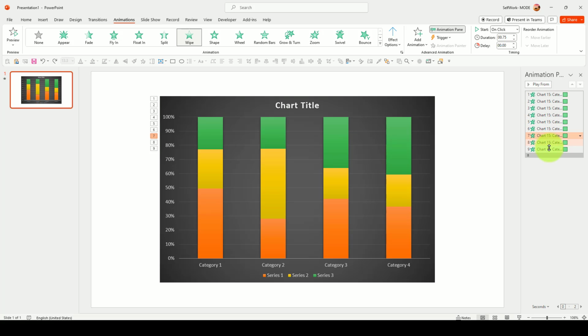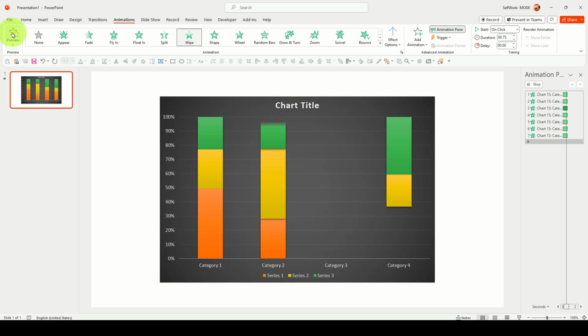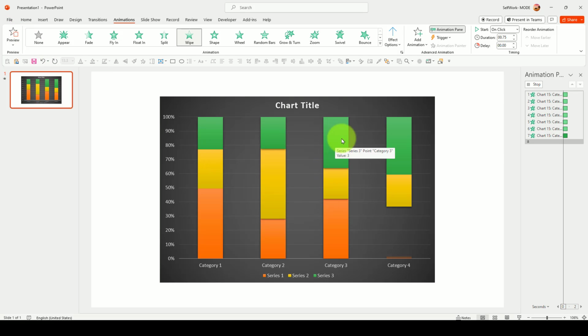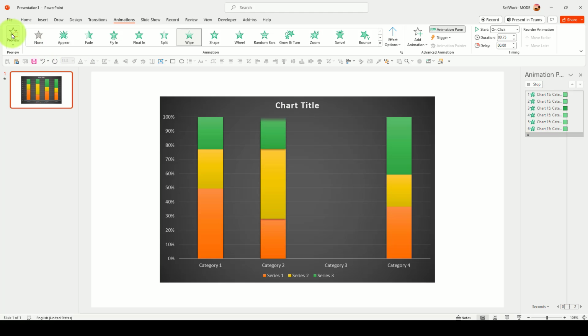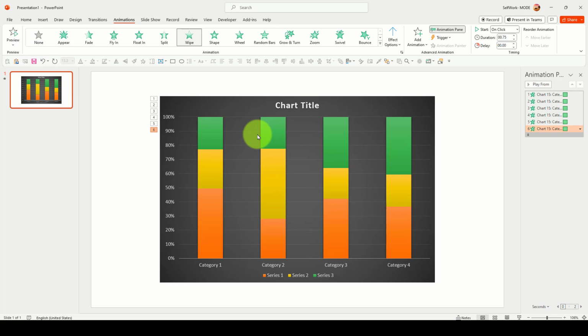But we could also just delete that part. Now I have this one and this one, and for this one it is just that, but I can remove it. Now I only have animation playing for this one, but now let's say you want to add another animation to this chart. You can go to Add Animation,